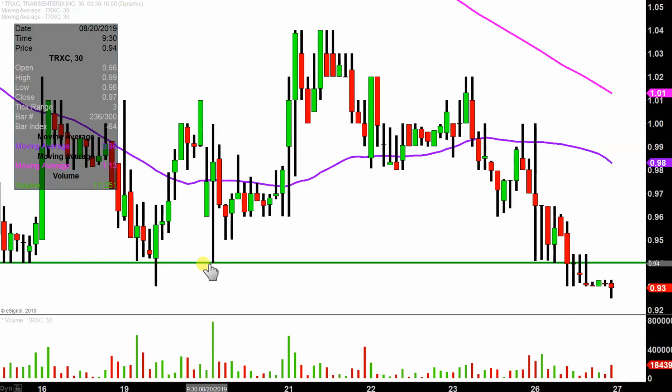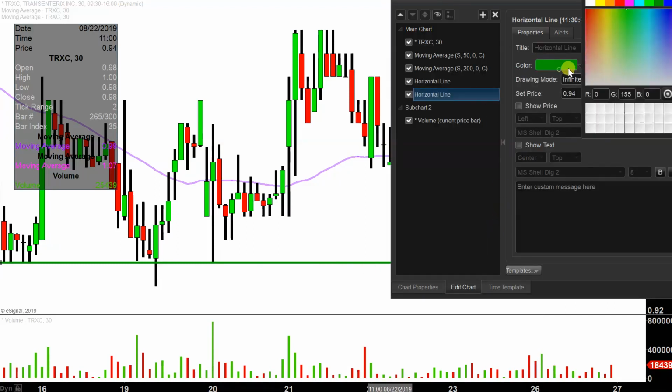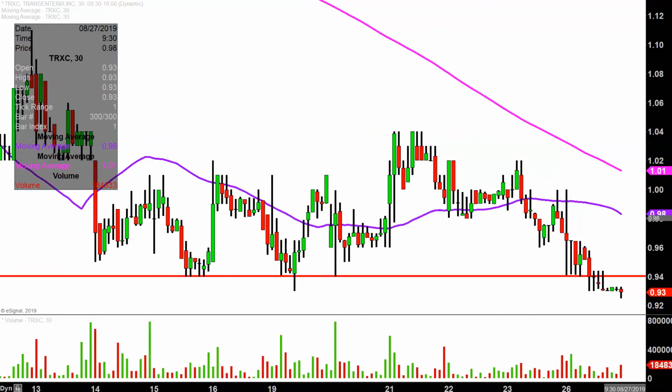And that update is just based on a foundational rule in charting, which states when levels of support are broken and closed below, they tend to act as resistance. So 94 cents has been a pretty significant area of support. You go back through the history of things, and you can see just a whole bunch of times this area has done a great job of holding as support, including earlier on in the day today,